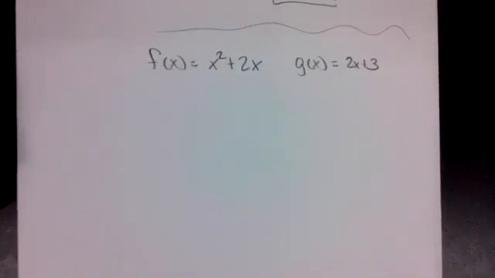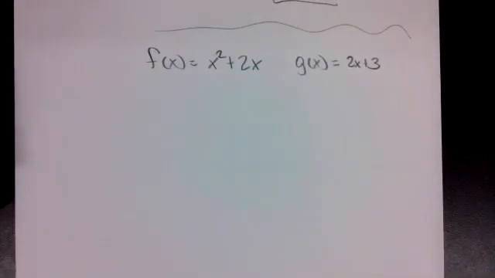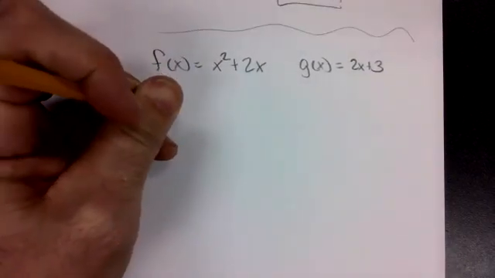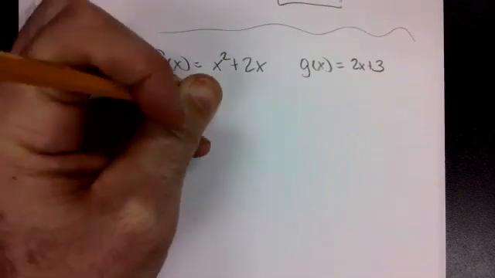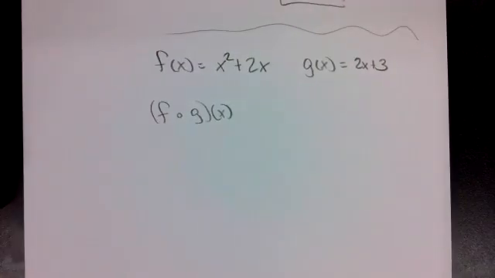All right. F of x equals x squared plus 2x. G of x equals 2x plus 3. And if they want us to find the f of g of x,